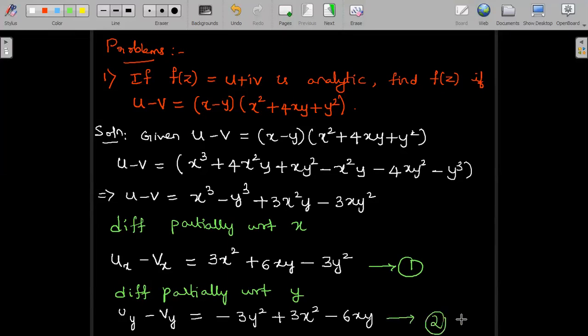Now what was the purpose of partially differentiating like this is, now let us use CR equations. Since the given function f of z is analytic, we can use CR equations and change the y terms to x or x terms to y. Any one of them we will use. So I'll be using, it is convenient for us to use y term to x. So let us apply CR equations and change uy is equal to what and vy is equal to what. Let us see that.